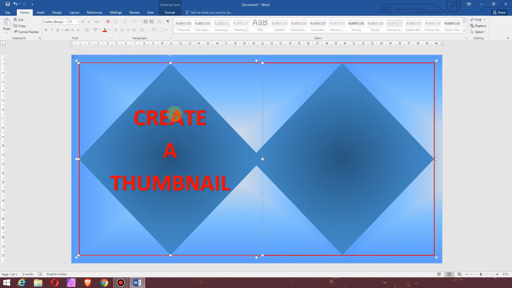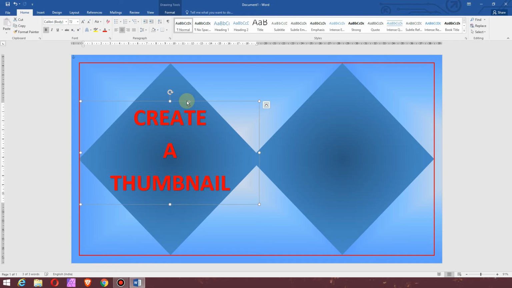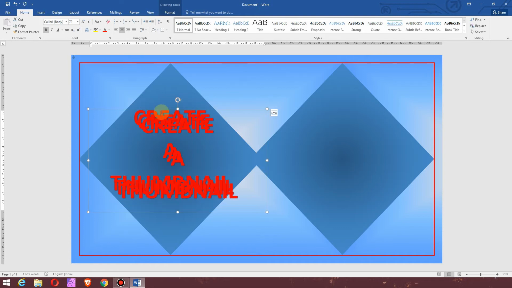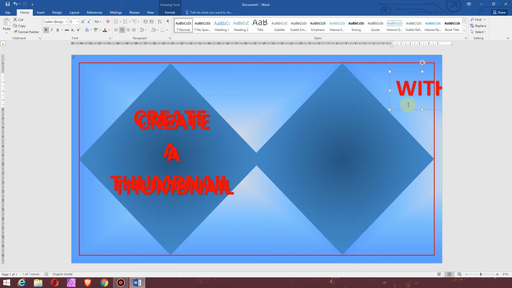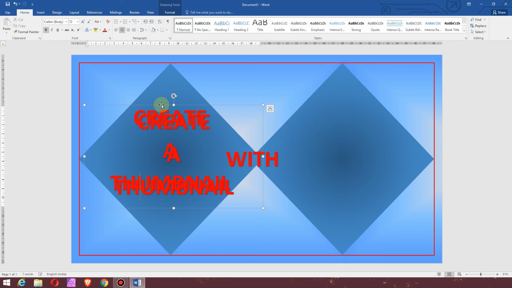Now select the text box and press Ctrl+D twice to make two duplicates of the texts. Drag one text box to the right and edit the text to width and place it in the middle of the two diamond shapes. Now drag the other text box to the right and change the text to Microsoft Office Word.